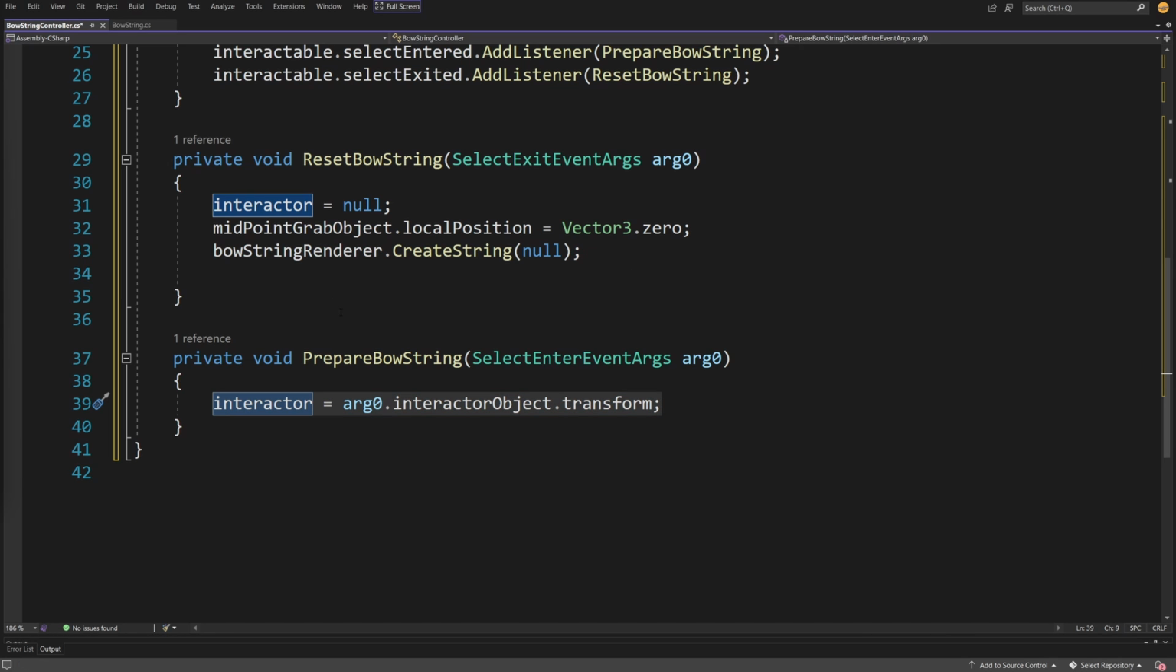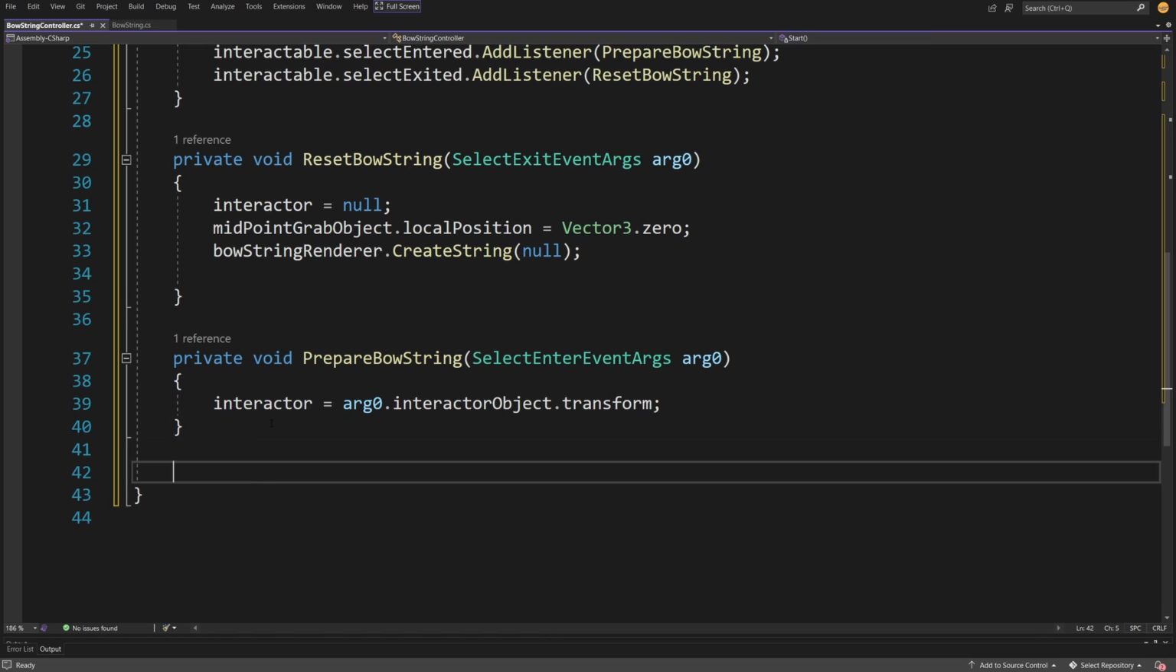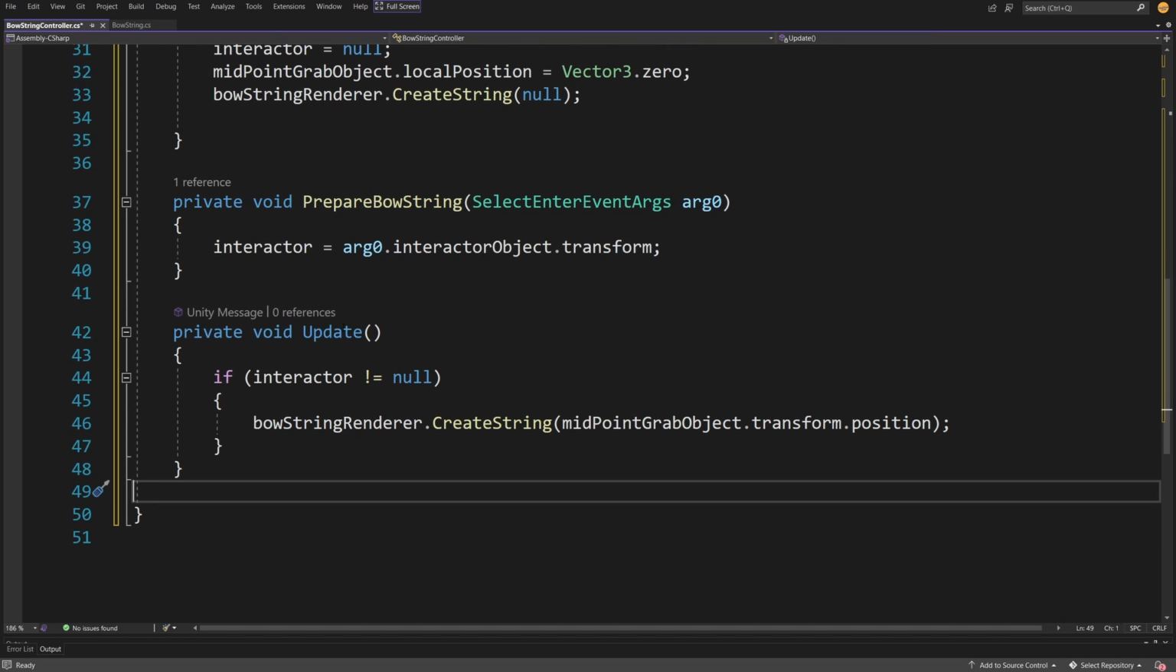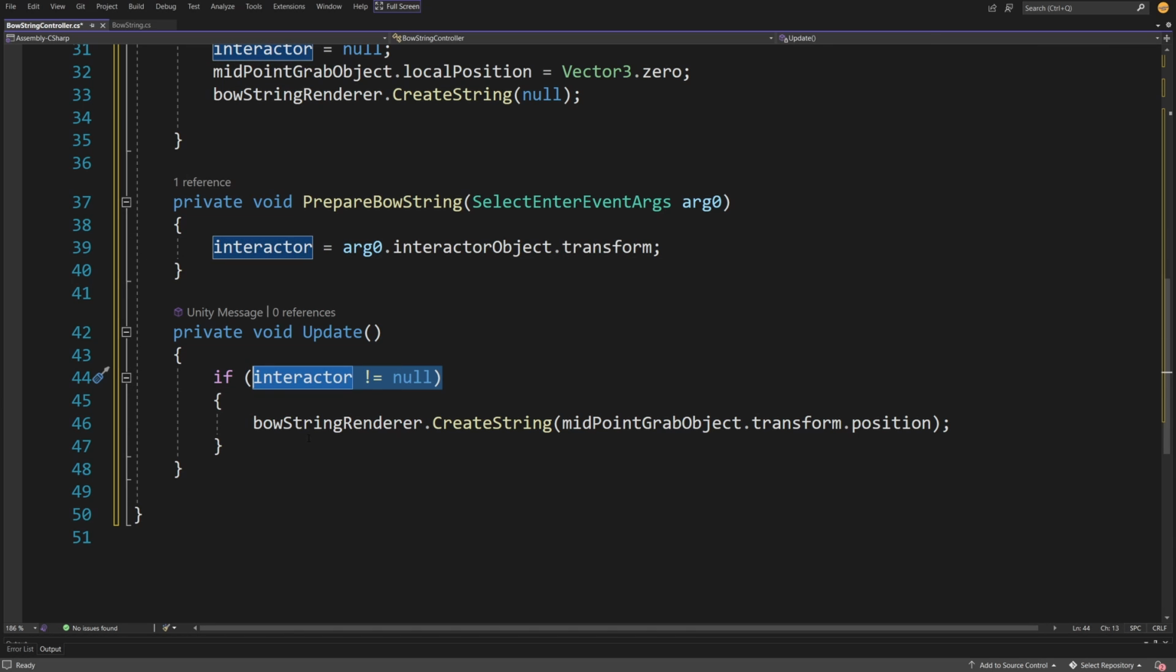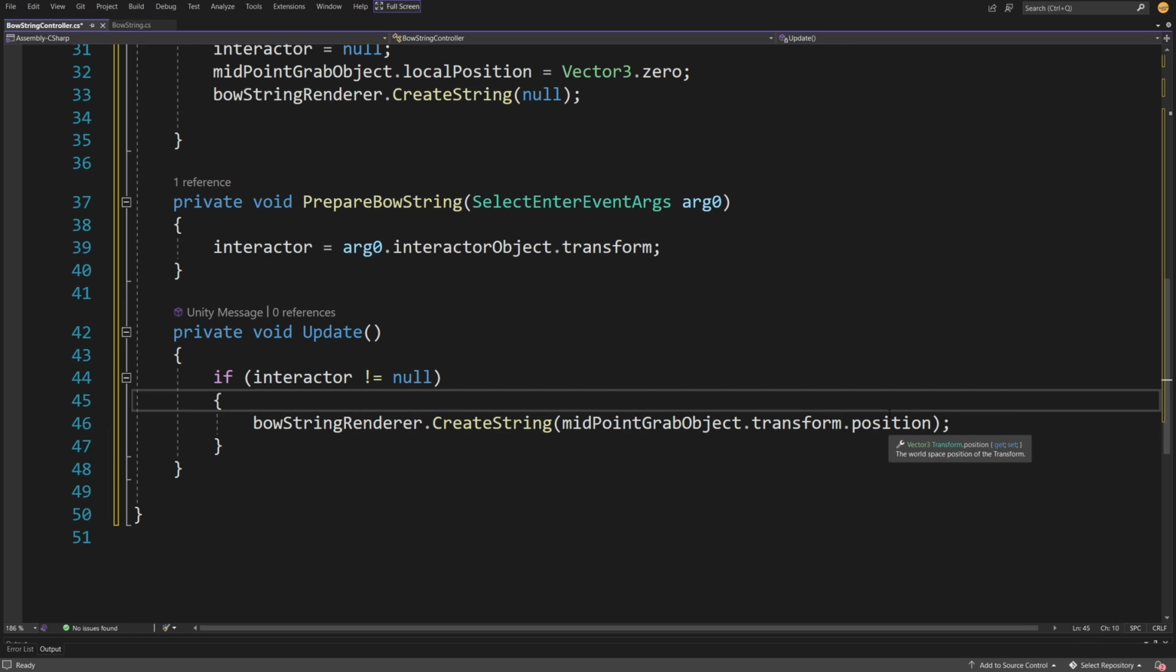Now, last thing that I want to do is make sure that our string is created according to the movement of our midpoint grab object when we have grabbed it. So we are going to add an Update method here, so private void Update, and we are going to simply check if the interactor is not null. In this case, we are going to always call the bowstring renderer, we are going to call CreateString, and we are going to pass the midpoint grab object.transform.position. So we are going to basically create a point in the middle of our string that is at the position